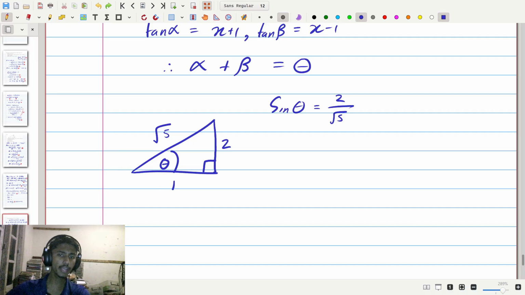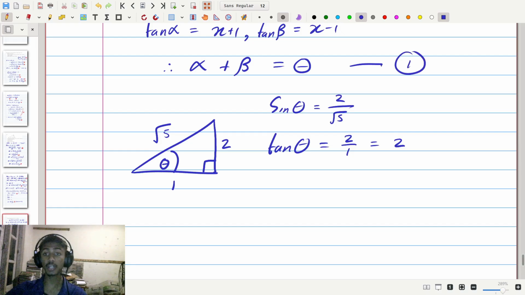So according to this, we can see if we take the tangent of theta, the value we get is opposite over adjacent, which is equal to 2 over 1, therefore equal to 2. So we get tangent of theta equals 2. Due to that, if we take the above equation, which I'll call equation 1 for now,